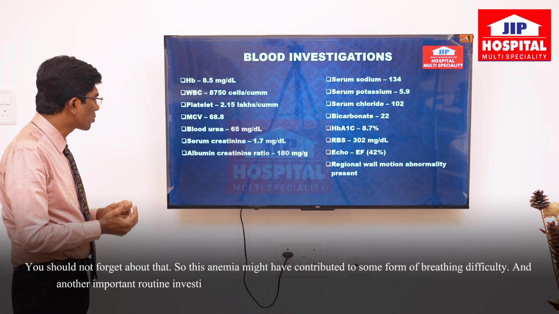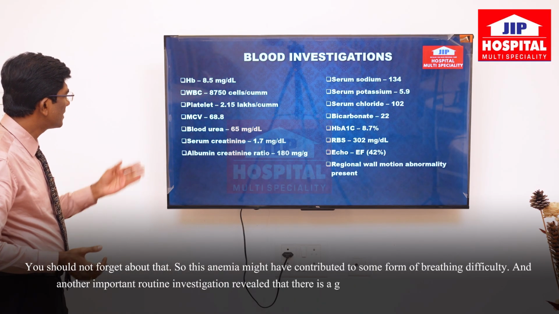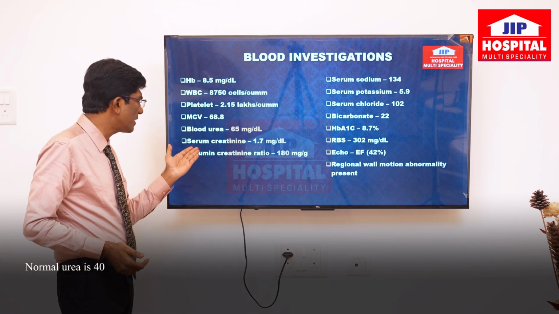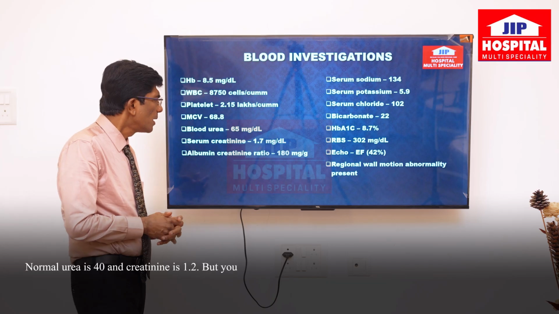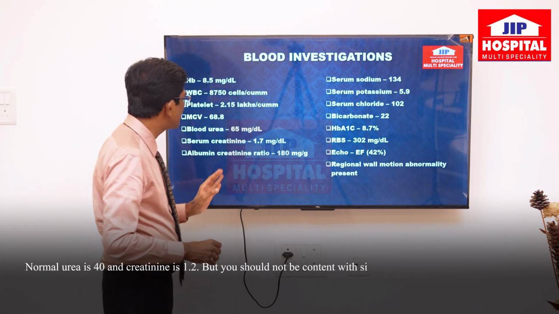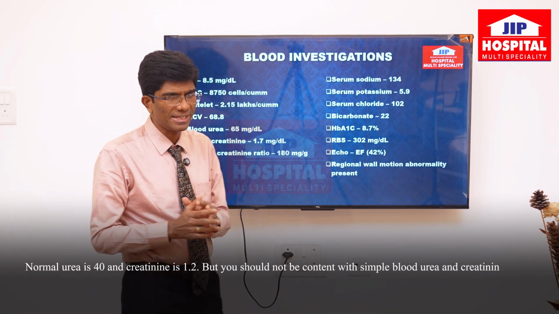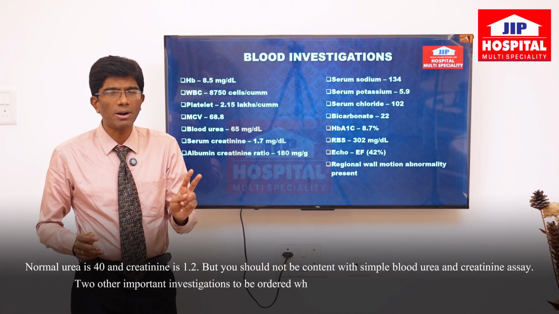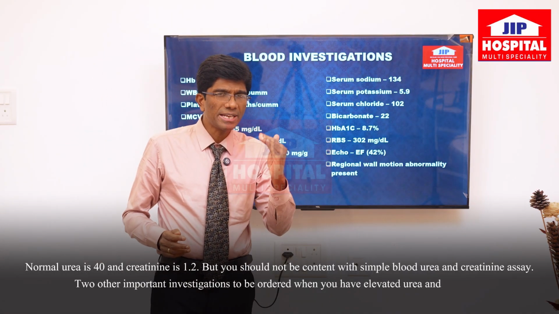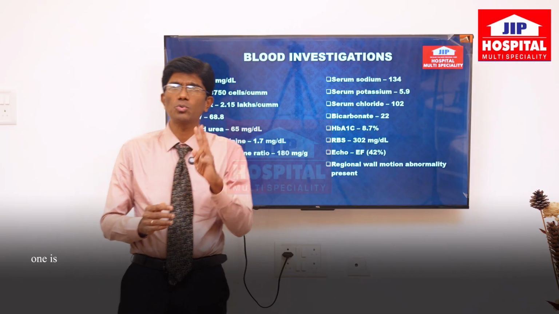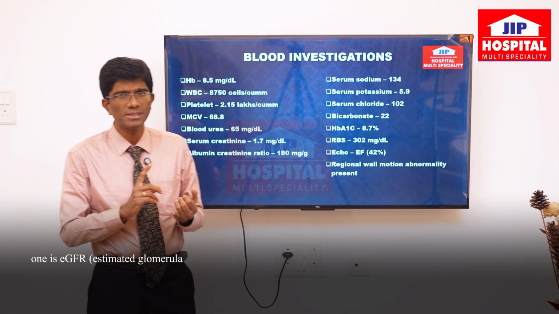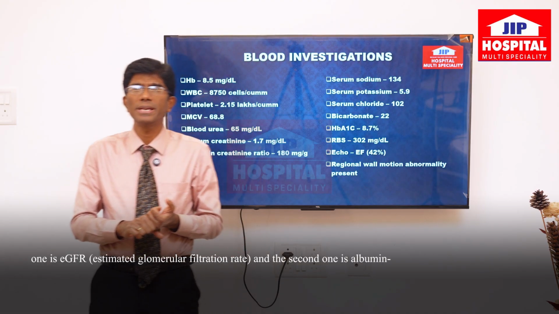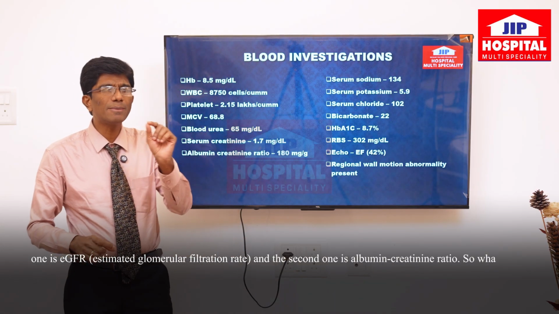And another important routine investigation revealed that there is a gross elevation of urea and creatinine. Normal urea is 40 and creatinine is 1.2. But you should not be content with simple blood urea and creatinine assay. Two other important investigations are to be ordered when you have elevated urea and creatinine. What are the two other important investigations? One is eGFR, glomerular filtration rate, and second one is albumin creatinine ratio. So what is the importance of